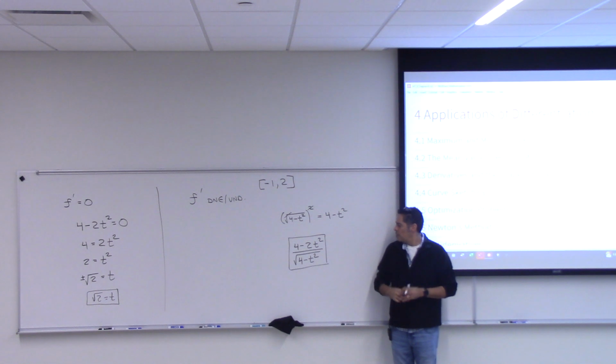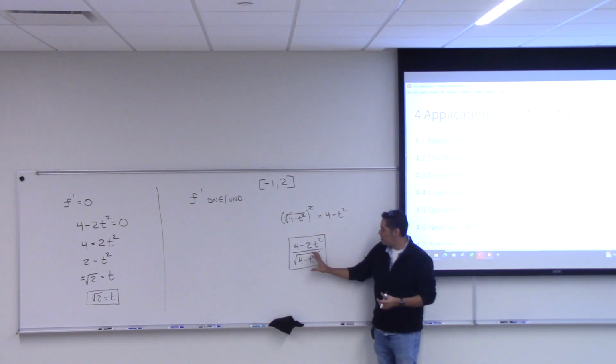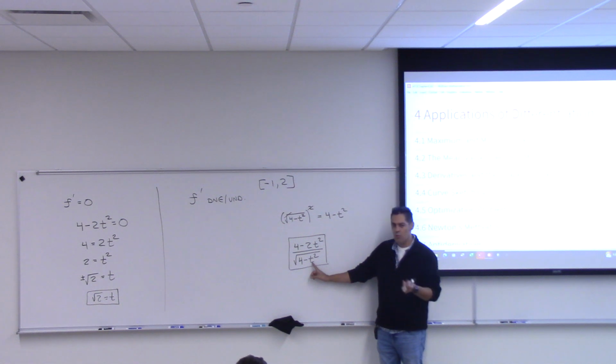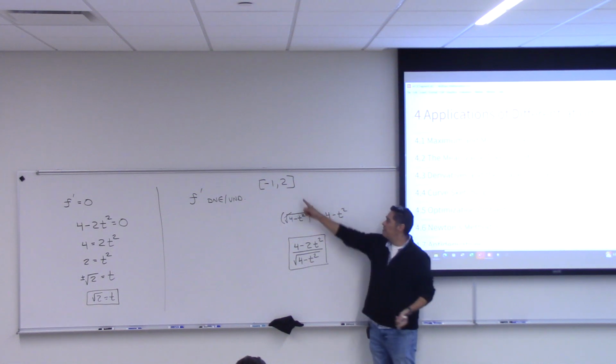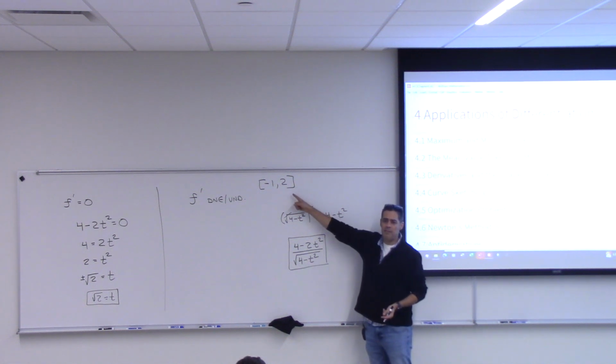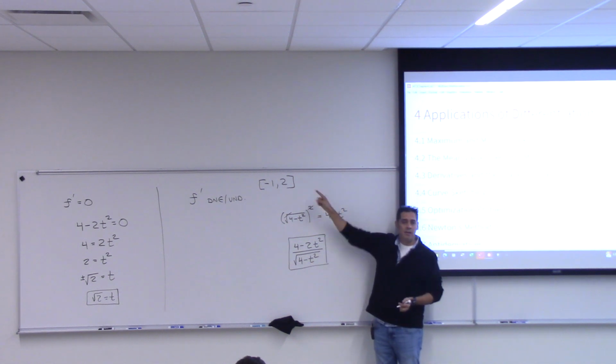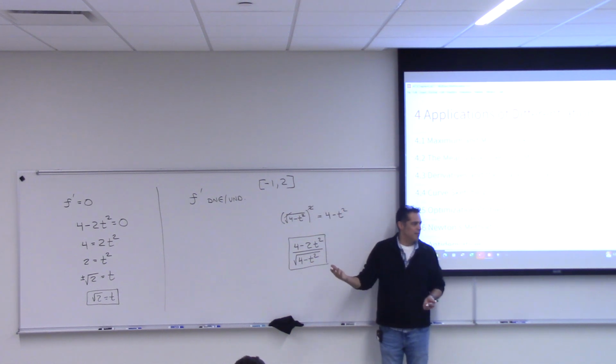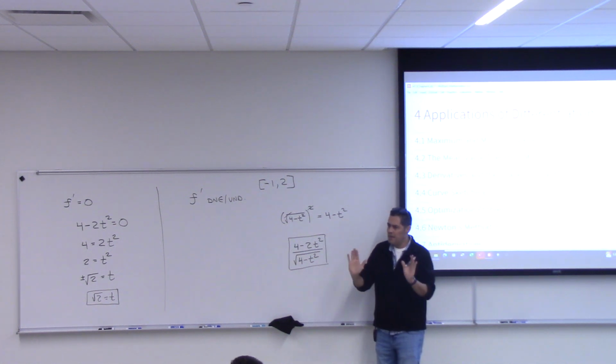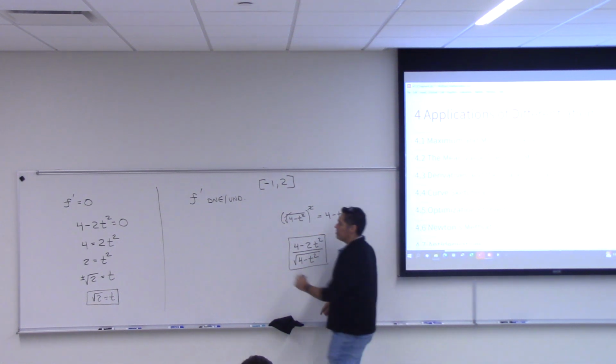So first of all, let's see, what would it take to get 0 down here? What would I have to have for t? 2 or negative 2, right? Well, let's do negative 2. Negative 2 isn't in here, right? So I don't need to consider that. And then positive 2 is in here, right? But it's also an endpoint. Remember, in this method, we're going to check the endpoints anyway. But technically, t equals 2 is a critical number,